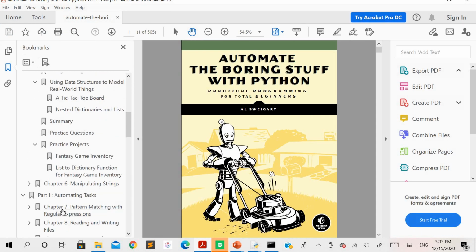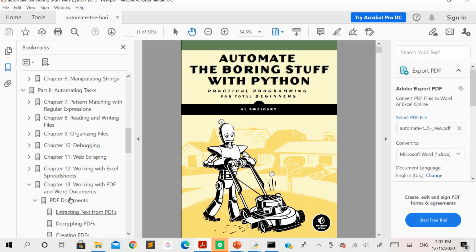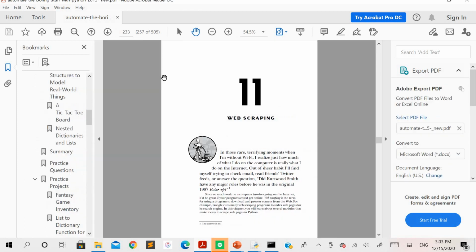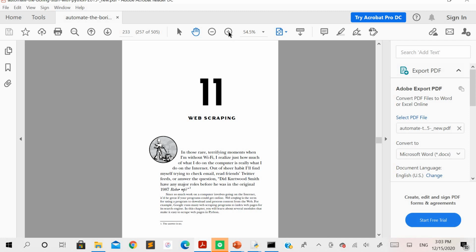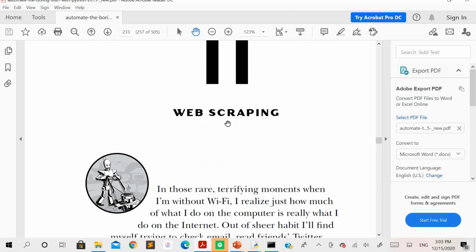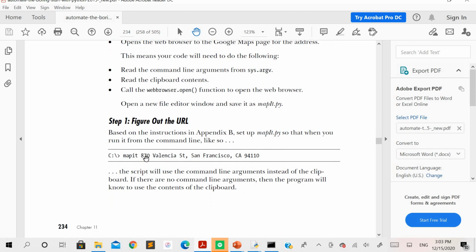So I'll directly take the same value that has been taken in your textbook. But meanwhile, it's not mandatory to go with the same thing. You can always try with new addresses if you want. So try with the new addresses, whichever you want. For that, you need to type the address and then specify that as an argument for that function. So this is the address which we are interested to get here.